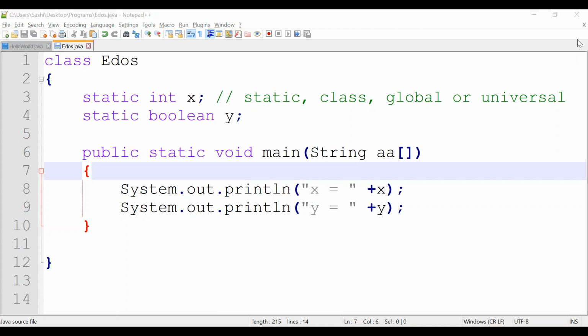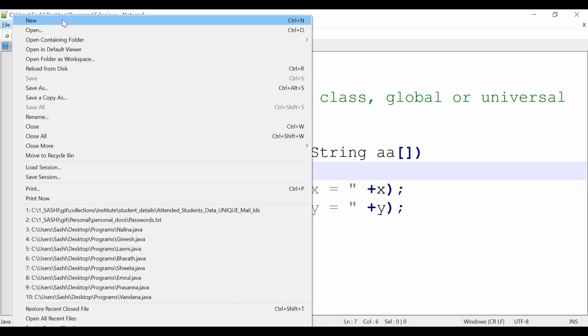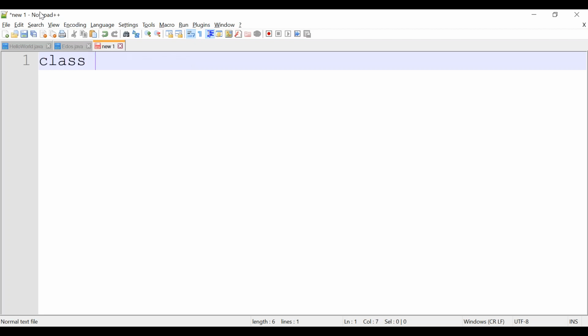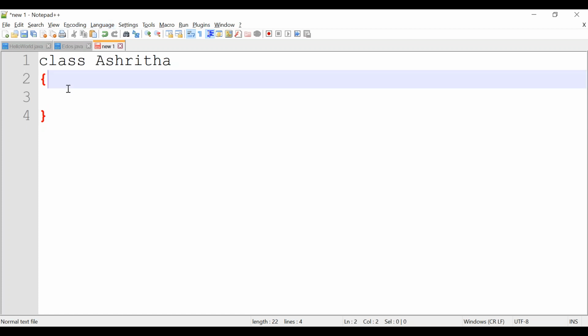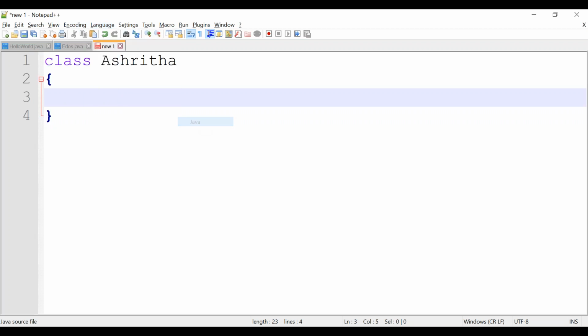Let's go to one more program. We have declared one class, and inside the class we are trying to declare a method, that is the main method.